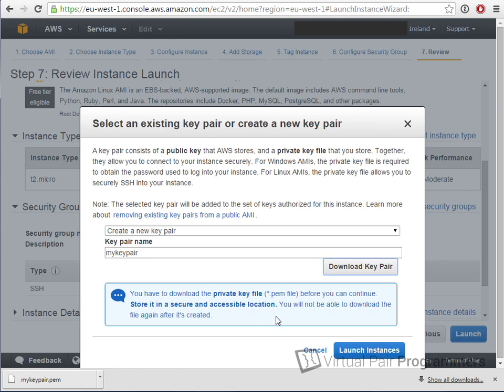Let me reiterate, you will not get the opportunity to download this file ever again. If you lose this file, you will have to destroy the server and start again. So heed that warning, keep this file safe for the rest of the course, but now we can launch our